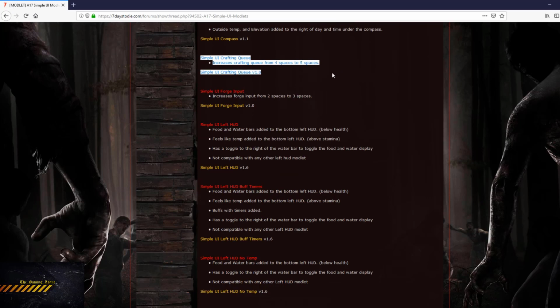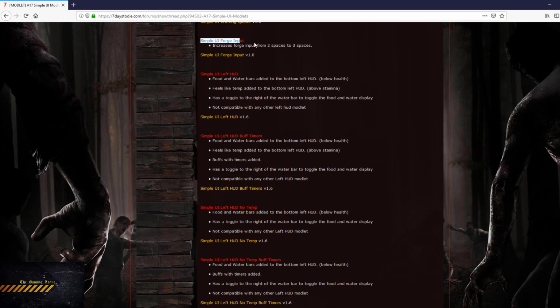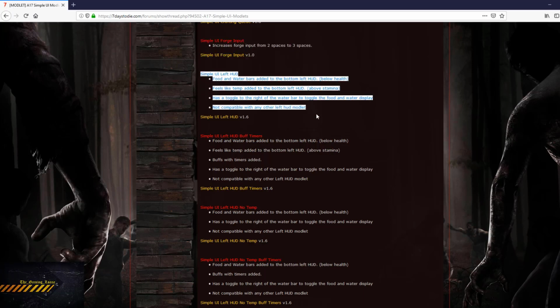Crafting UI increases the space from 4 to 5, which is always helpful. Again, a quality of life modification there. Simple forge UI. Now this one is one I do use. Increases your forging, smelting from 2 to 3. Very, very useful. And the simple UI left hood, which gives you water and food bars below the health bar, can be very useful indeed,